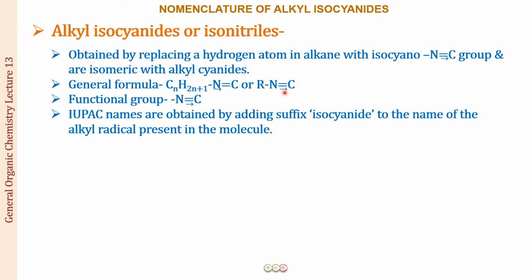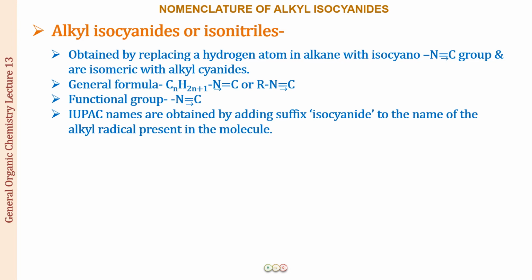Fine, I hope I'm clear to you, and that is why they are isomeric with the alkyl cyanides. They will be having the same molecular formula. It is only the point of joining of the group to the alkyl group. Fine. So the functional group for the isocyanides is going to be NC and not CN. When it is going to be CN, it is going to be alkyl cyanide. And the IUPAC names, they are obtained by adding the suffix isocyanide to the name of the alkyl radical present